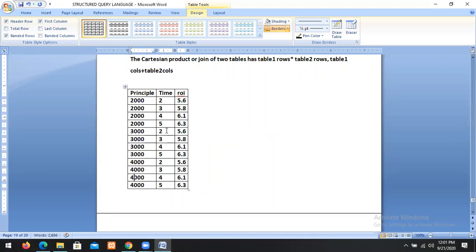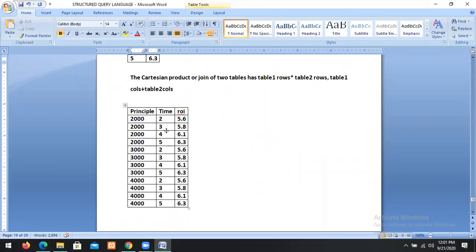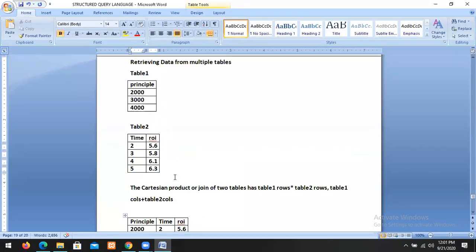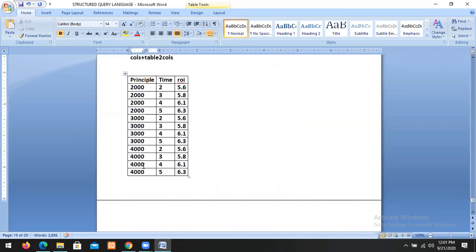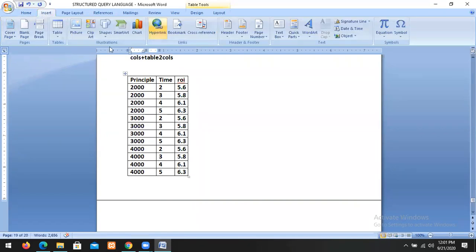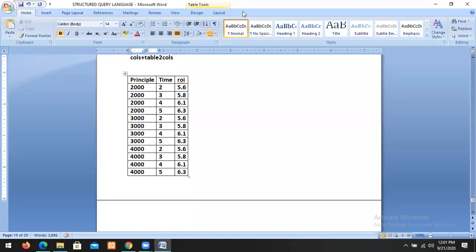So this is the final table after the Cartesian product of two tables. This is the first table, this is the second table. When you perform the Cartesian product of these two tables, the resultant table has T1 rows into T2 rows and T1 columns plus T2 columns. Suppose I want to write a query for this.